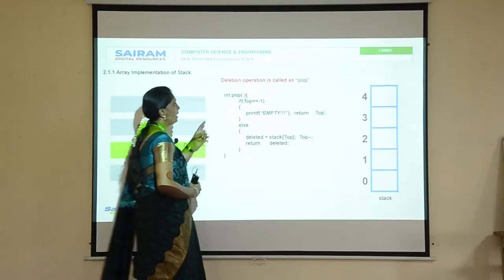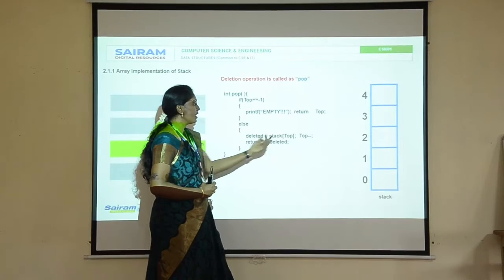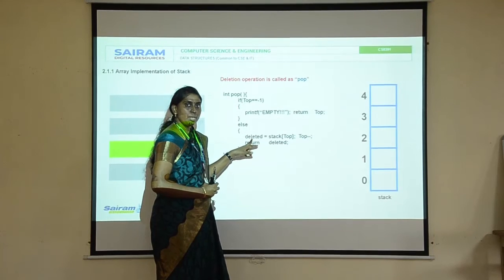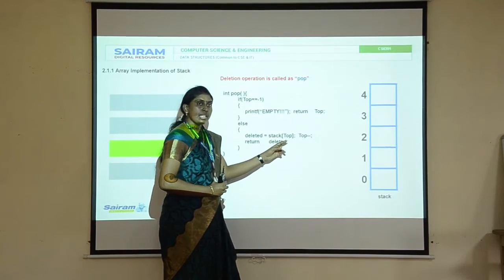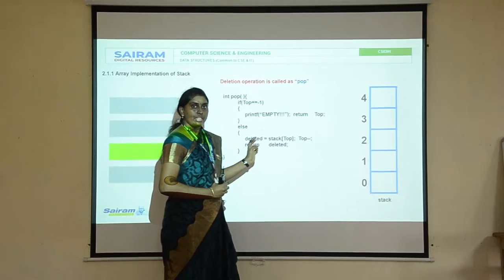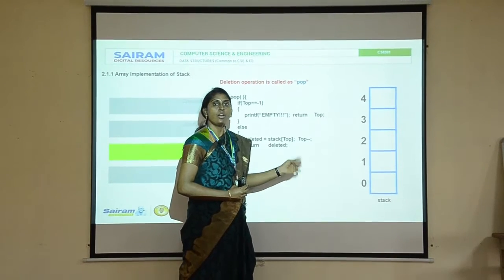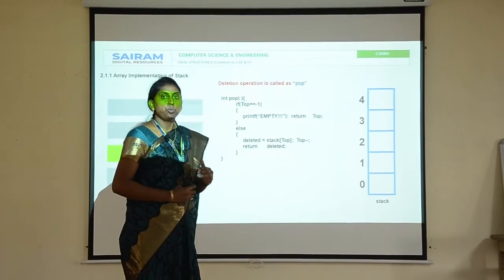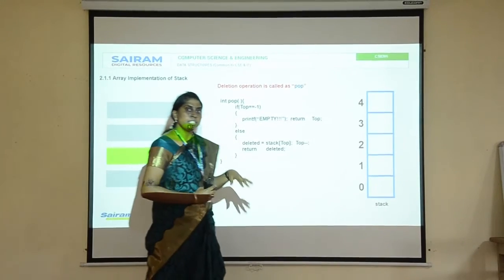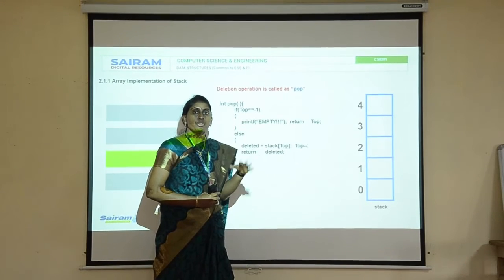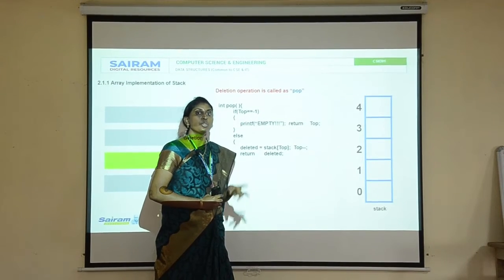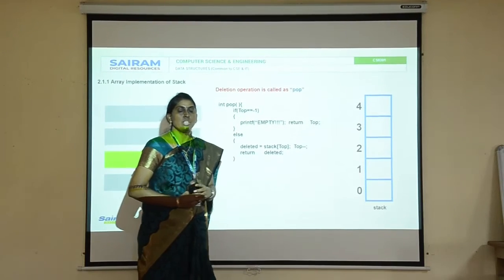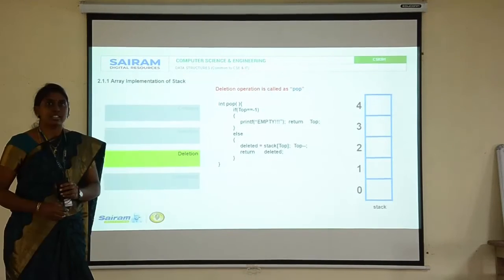Then you decrement the topmost pointer. First you identify the topmost pointer, and assign its value to a variable, which may be A, B or anything. Then you just decrement the topmost pointer. You are not actually deleting the value; you are just decrementing the position of the topmost value, so the value will still be present in the array. If you want to delete the element from the array, you have to use the flush or free operation while writing the program. So that is the deletion operation.